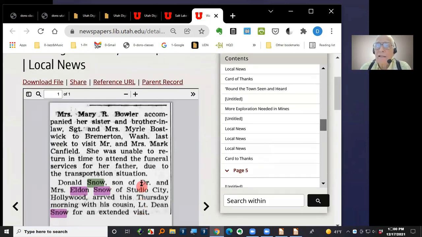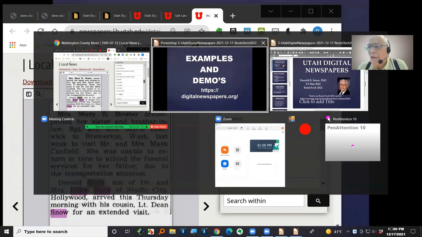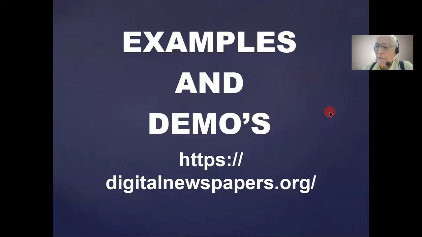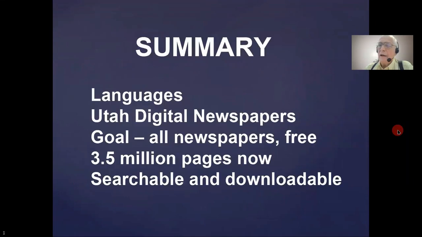I've done a screenshot of that page as well. Anyway, you get the idea as to what you can do with some of these things. So those are examples and demos of what's happening with that website, and there's the website itself. Now, as a summary of what we've looked at, some languages, and remember that we showed that if you use my handout that's on the RootsTech website, it's only in English because that's a PDF, and so that's not changeable. But if you go to my website for the handout, you can actually change that to other languages and read them in whatever language you want to,